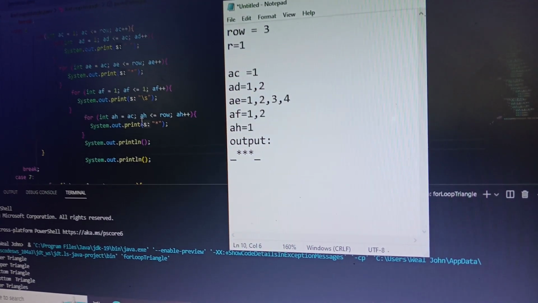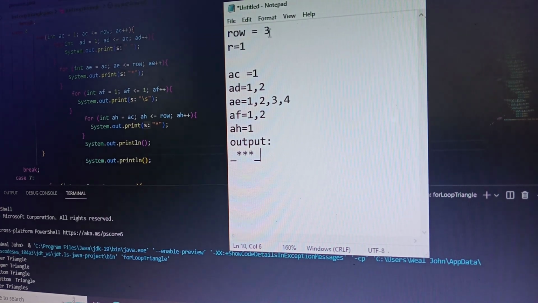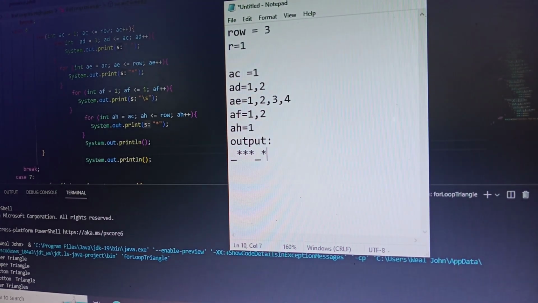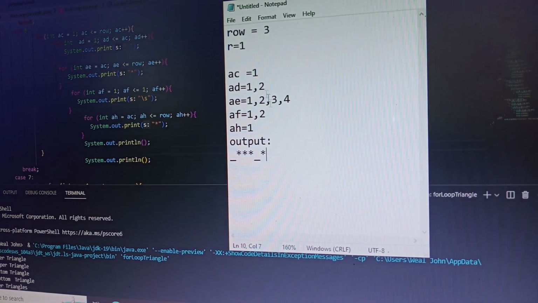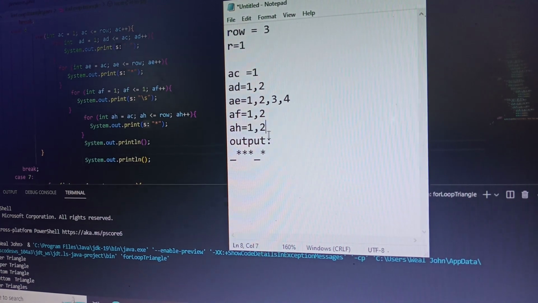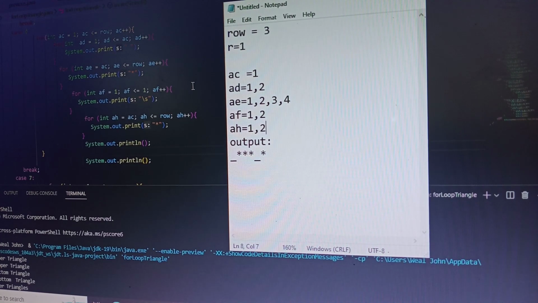Then next condition, which is AH less than or equal to rho, which is rho is equal to 3, then true. Proceed to system out print, we will print, then increment, AH will now become 2. Is AH less than or equal to rho, which is 3, then true. Then proceed to system out print, which will print,